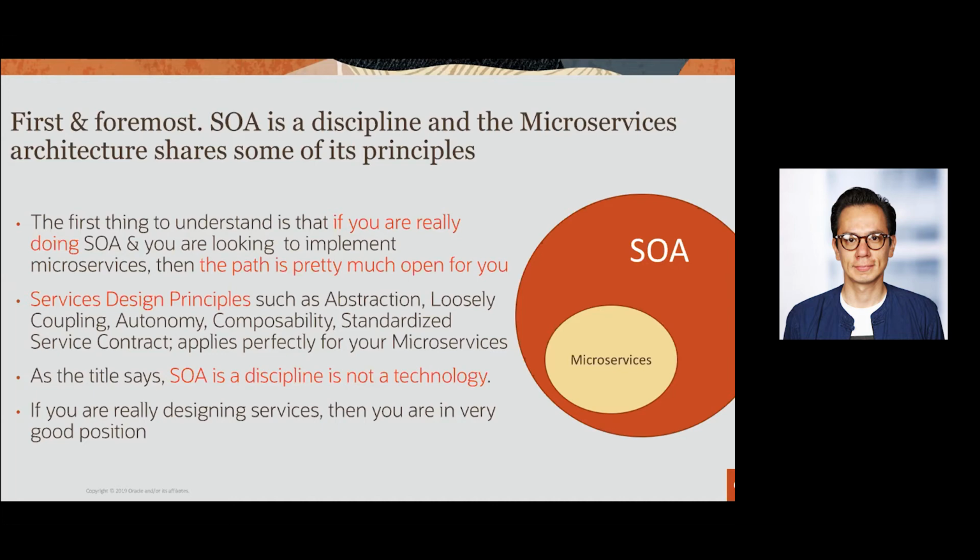Composability, because we have different pieces and those different pieces need to be composed, whether through commands, through old school orchestration, or through events or whatever we would like to use. We need to compose them, and we need to maintain a standardized contract. So every time we build a service, it is a very good idea to standardize its contract.